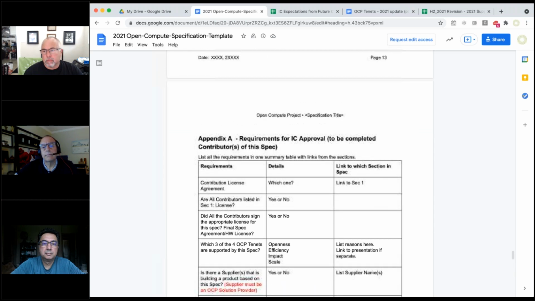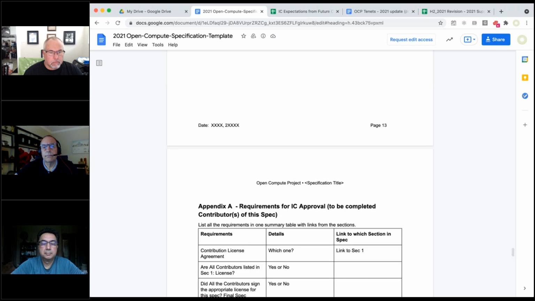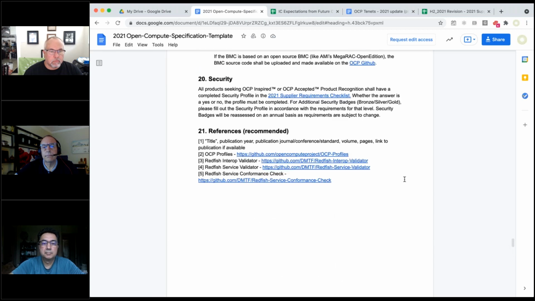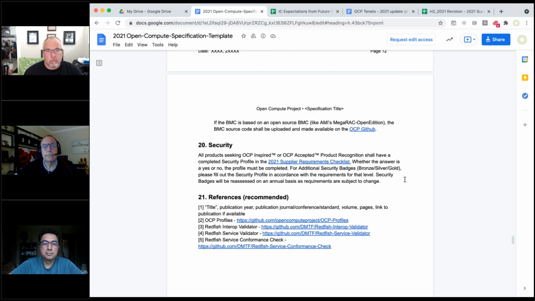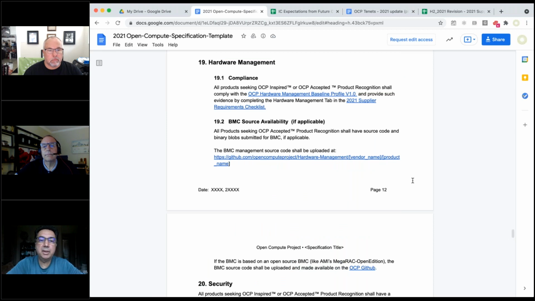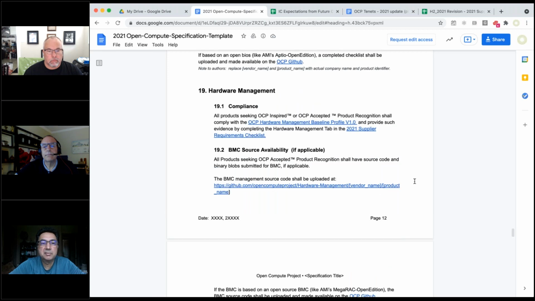So why does it need to be covered in the template if it's not a requirement? Well, the base spec needs to be somewhat broader and comprehensive.